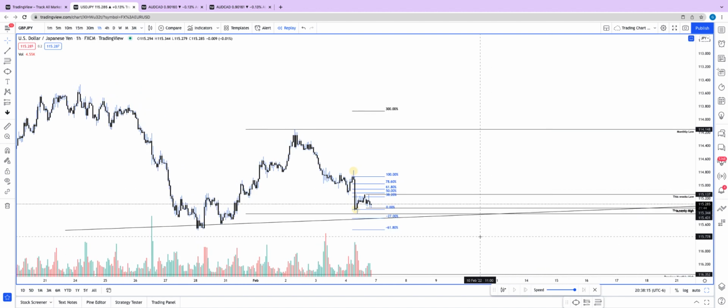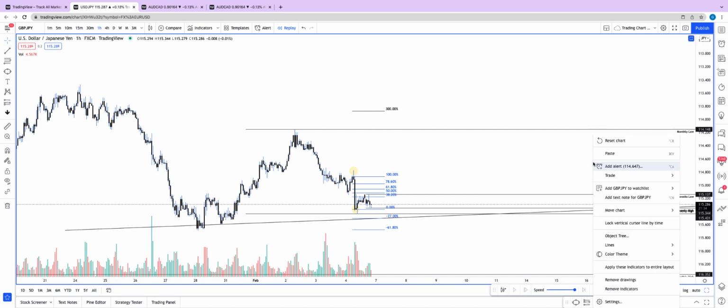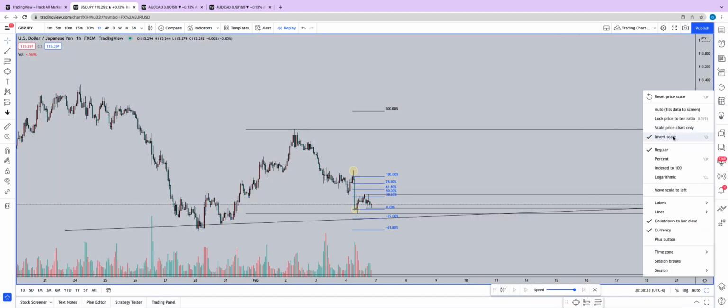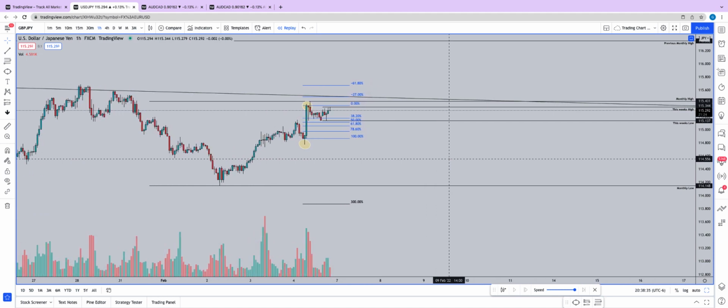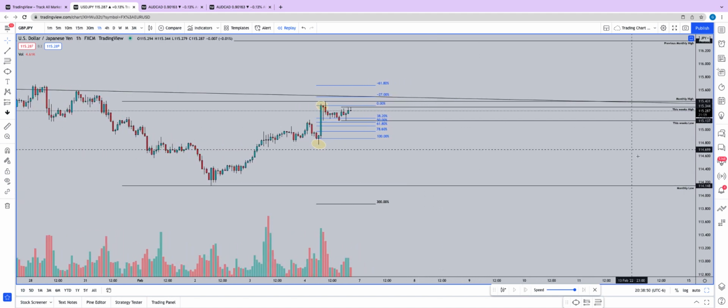So remember, guys, this is the flip chart. Now also, let's make this so everybody can see it in a different outlook. Let's go back to our color theme. We'll go back to the basic gray. We'll flip the chart to an invert. Remember, guys, our short-term bias was bullish all the way into this trend line, and our long-term bias is bearish, which is going to line up perfectly with our monthly support. So what I would be anticipating here